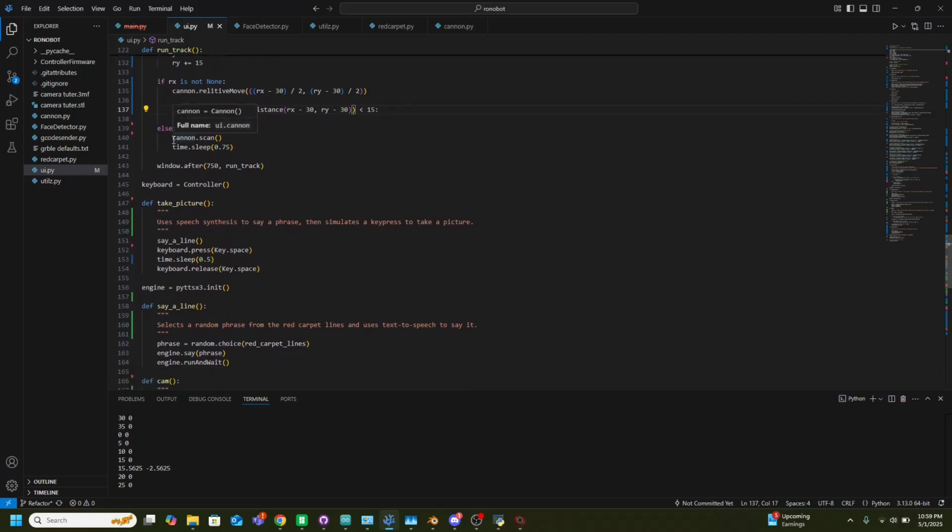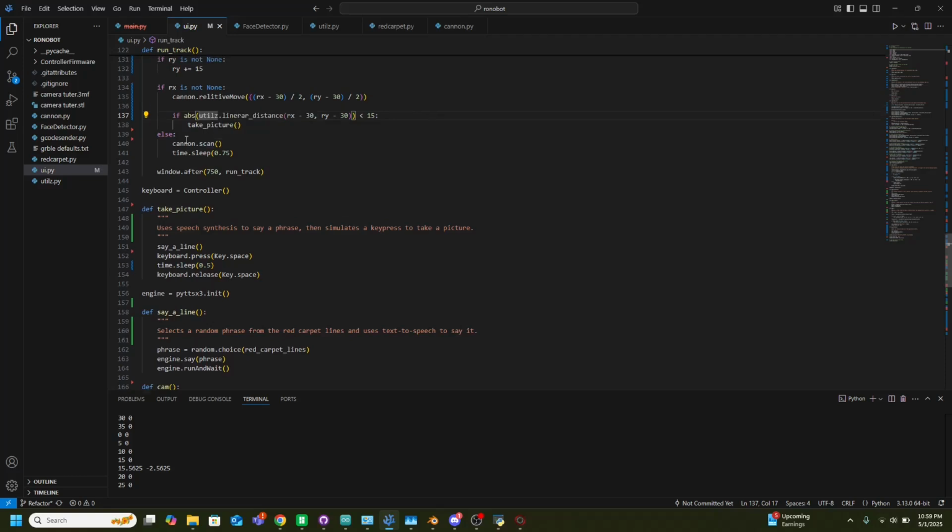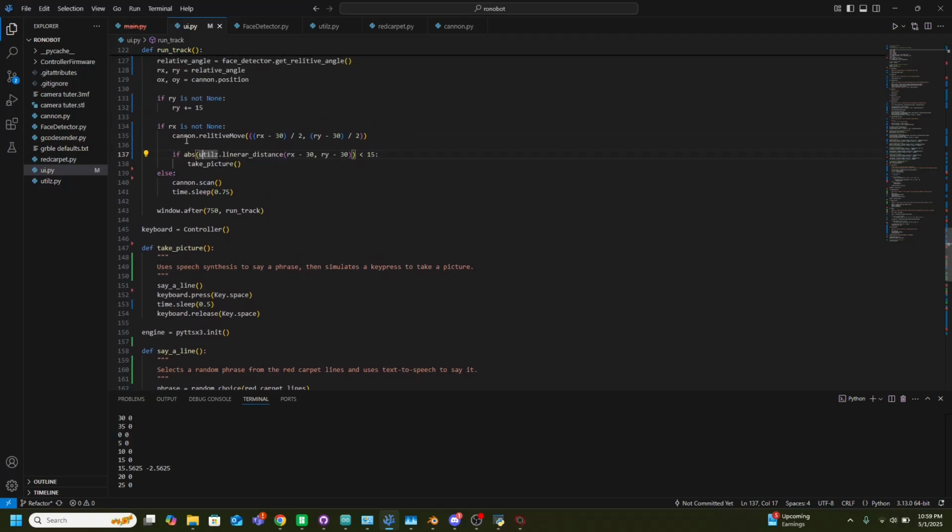And then Canon.scan, so if none of these things are satisfied, right? If there's no face visible, it will scan its surroundings until it finds a face. And in between, the robot needs time to move, right? So it starts at 0, and then it moves to 10, right? And this here just adds a little more delay for it to get to that set point before it tries